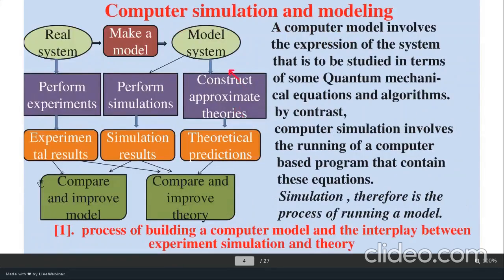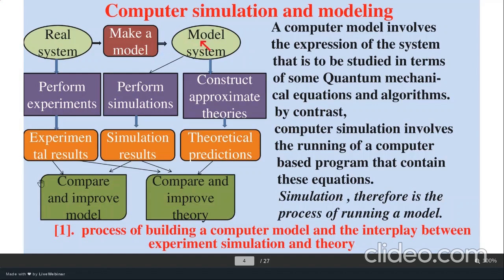Here, the computer simulation and modeling. Basically, we have done the simulation of our model. We have some molecules which already have experimental data like FTIR. After that, we have simulated over it and then compared our theoretical result to the experimental results. So how did we do it? How do we get the real system? We have taken some molecule, some crystal, and made a model. After that, we take its structure and its experimental data or model of the system.